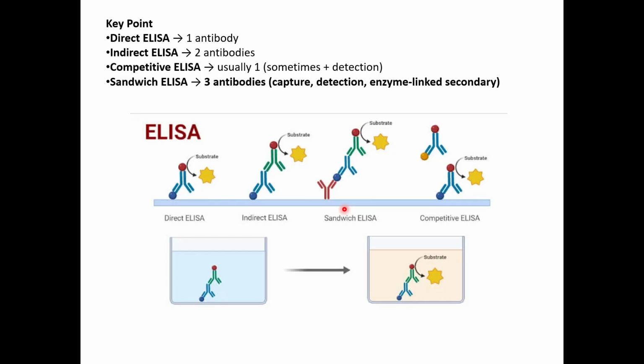Then you have sandwich ELISA where your antigen is sandwiched between two antibodies. So first you coat the plate with antibody. So you remember sandwich ELISA is where you coat the plate with antibody instead of antigen. In all others you coat it with antigen. So you have your antibody specific to your antigen at epitope A, and then you have a detection. So this is your capture antibody because it is helping in capturing your